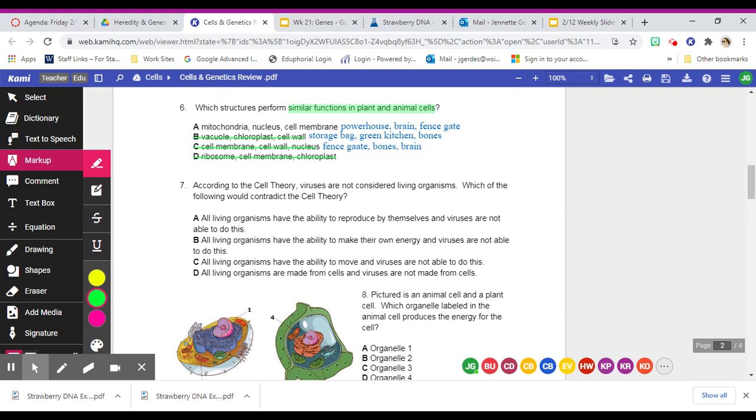So let's think. All living organisms have the ability to reproduce by themselves, and viruses are not able to do this. Okay, letter B, all living organisms have the ability to make their own energy, and viruses are not able to do that. C says all living organisms have the ability to move, and viruses are not able to do this. Or D, all living organisms are made from cells, and viruses are not made from cells. Okay, so the answer choice should be